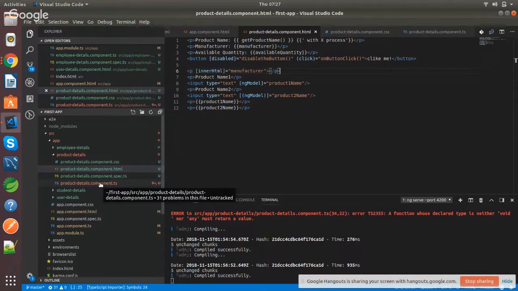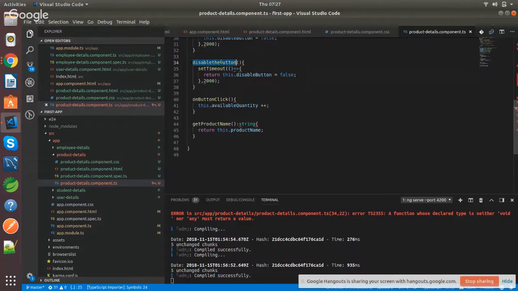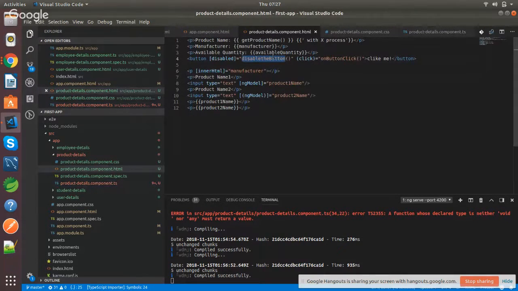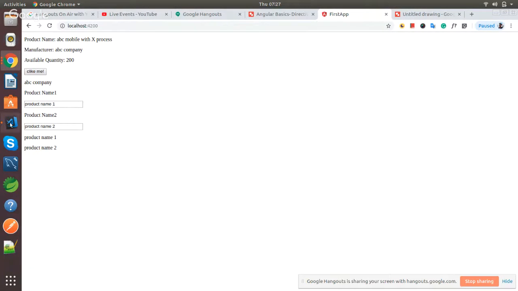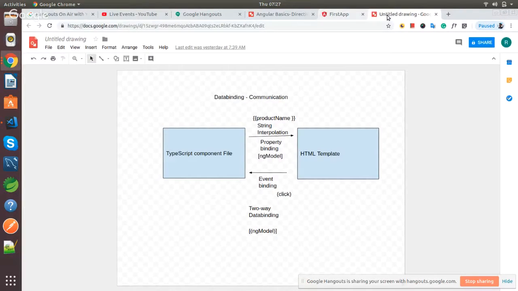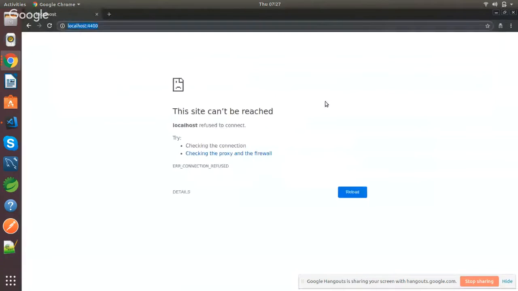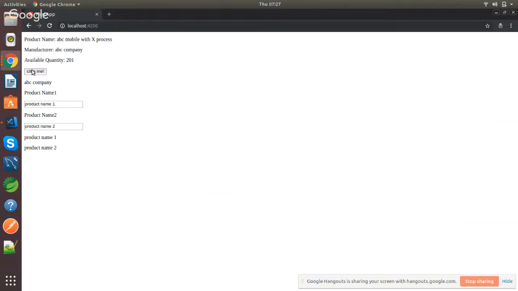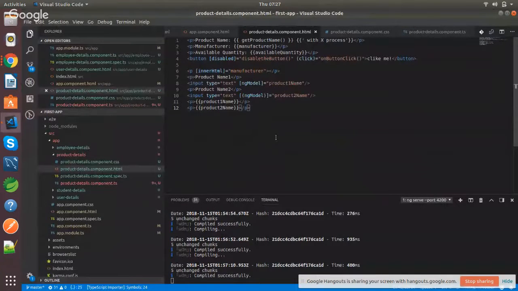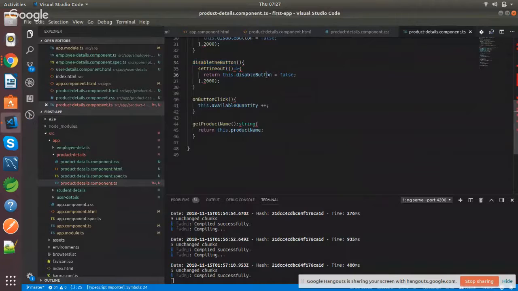Delete the button, not disable. Okay, disable the button. Auto reload, but it is not showing. One second, guys. It is not